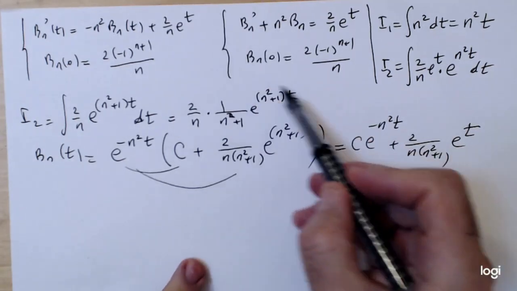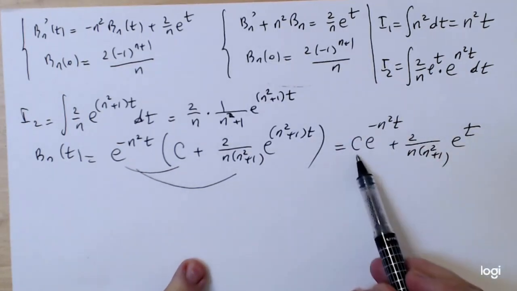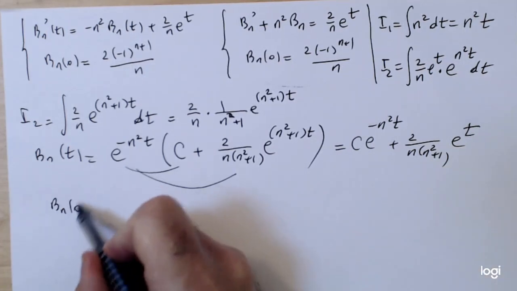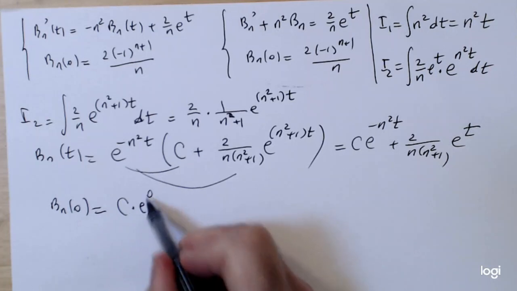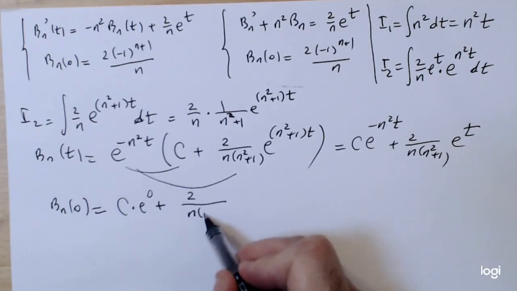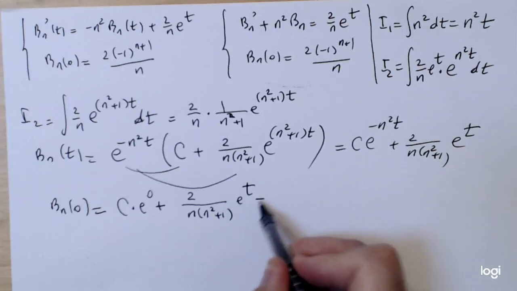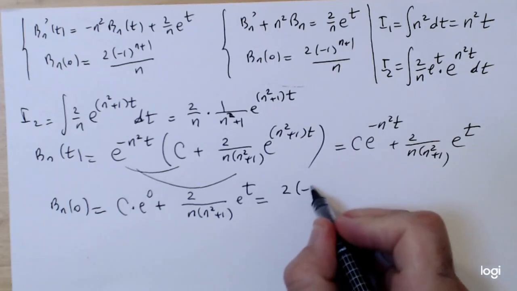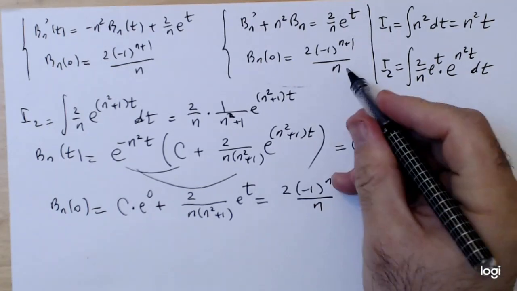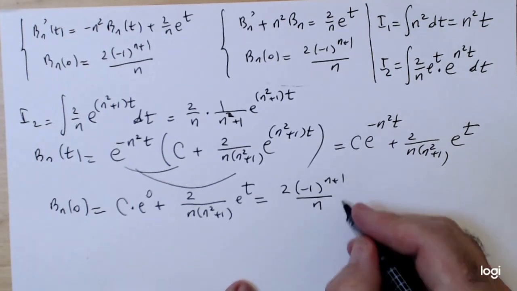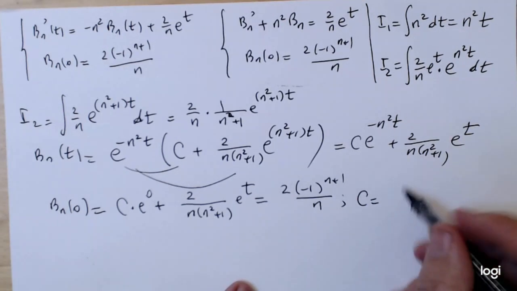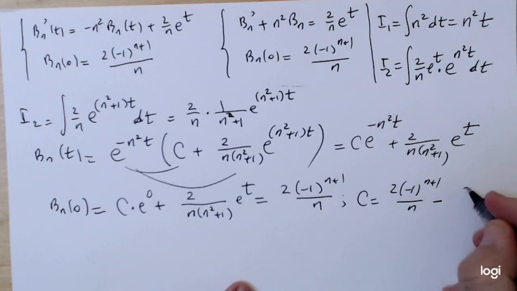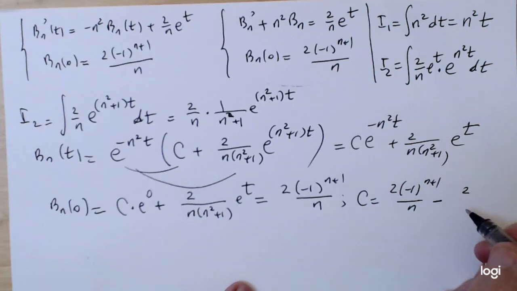Finally, we need to deal with the initial condition for Bn in order to find the constant of integration c. Okay, so Bn of 0 on one hand is c times e to the 0 plus 2 over n times (n squared plus 1) e to the t. And that ought to be 2 times (minus 1 to the n plus 1) over n, right, from the initial condition. Finally, that gives me c equals 2 times (minus 1 to the n plus 1) over n minus 2, I'm sorry,